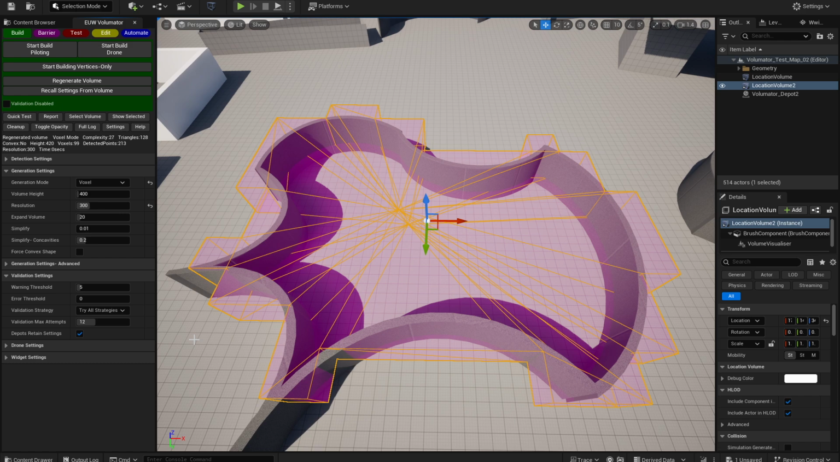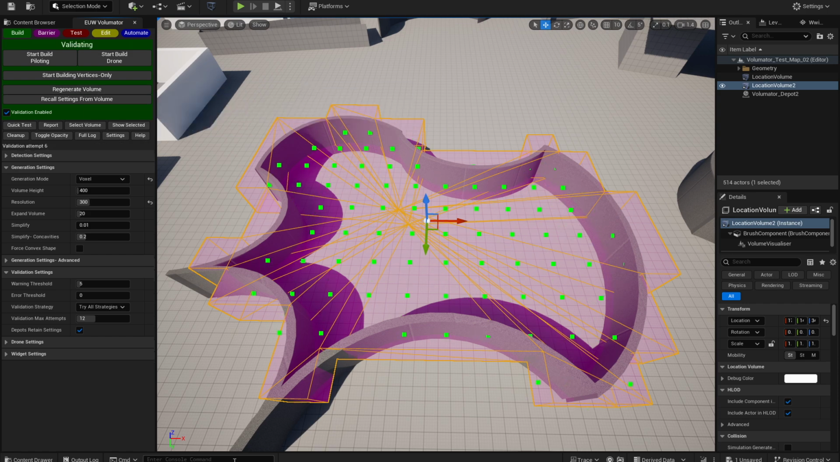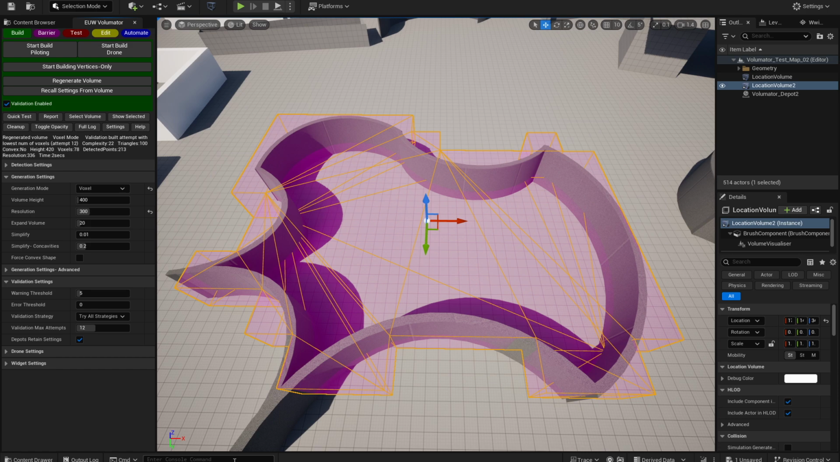So the way that the validation system works in voxel mode is it will build all of the attempts that you allow it to, and it will iteratively tweak the size of the voxels, and then it will check how many voxels it's used to create the volume. So let me give you an example here. We have a volume here that's created at resolution 300. If I enable validation, you can see that it went through all 12 iterations, and then it changed the volume to one that's actually